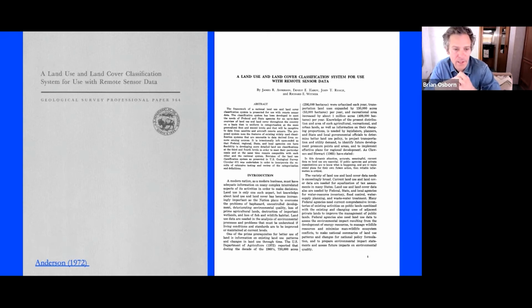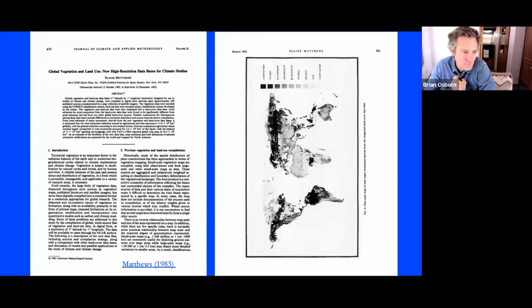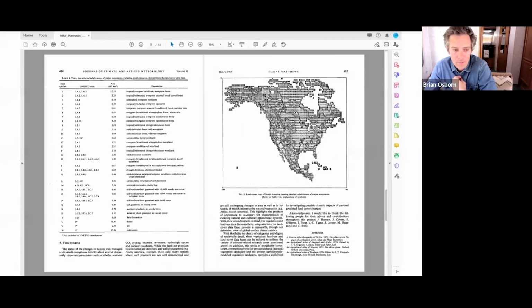Over time, there's been an interest in being more universal with the way that we classify land cover. And so looking at this paper from Elaine Matthews in 1983, this is one of the early proposals of a universal classification system, where you can see in the blurry image on the right, her interest in looking at the globe and understanding the whole globe on one classification system, so that the classification of land cover would be shared across continents, across disciplines, and that would be a way of understanding